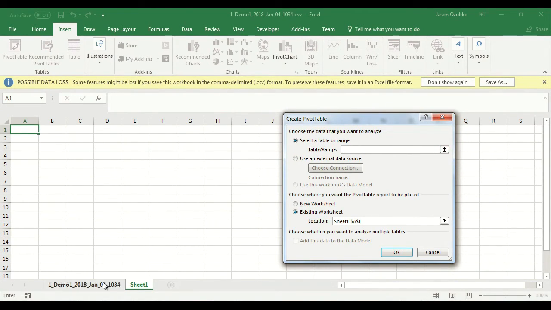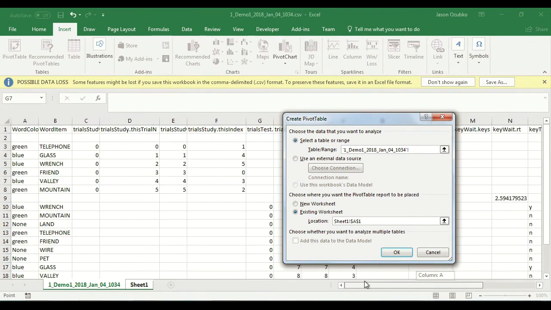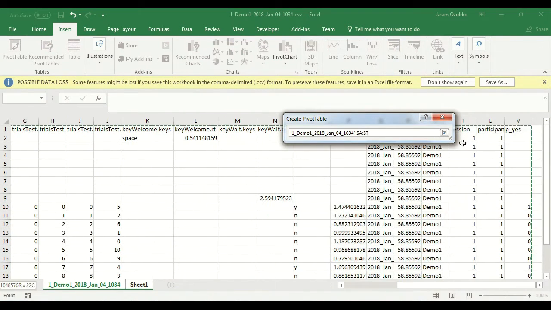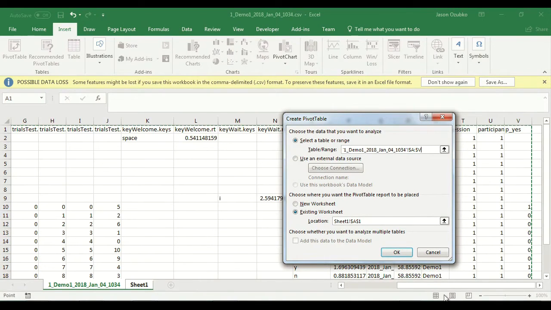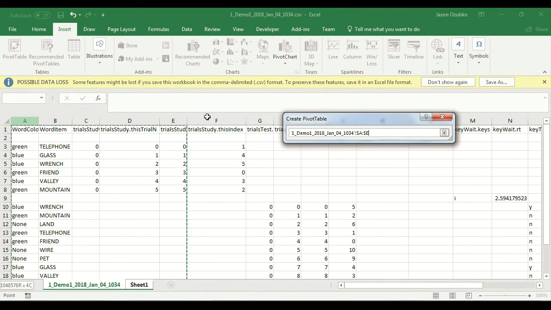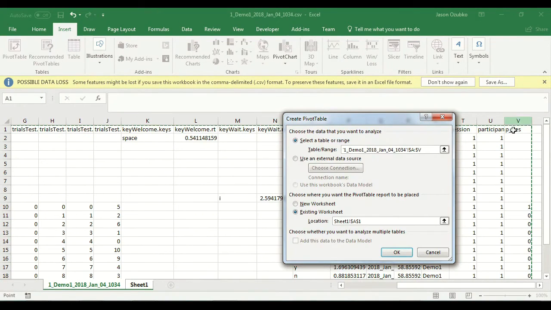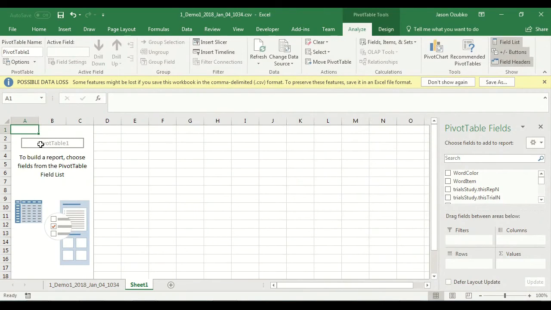This is asking us where is the raw data that we want to summarize, and it's over here on our original sheet. So we want to select all of this data. What I did there is I clicked on the column A and I just dragged it all the way over until P underscore yes. And if I click OK,